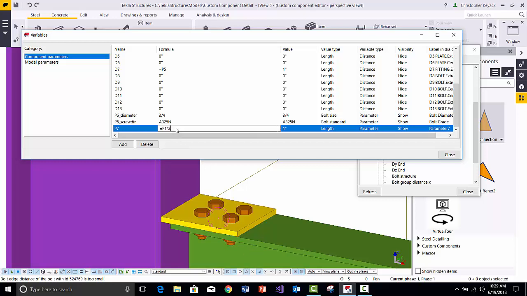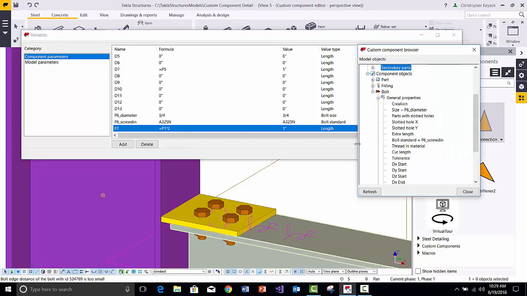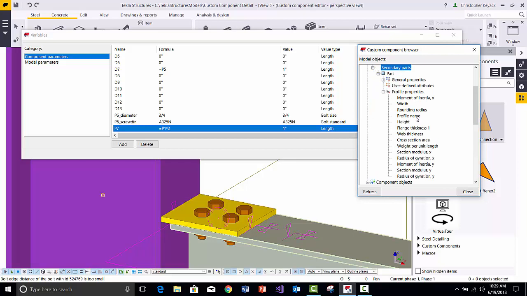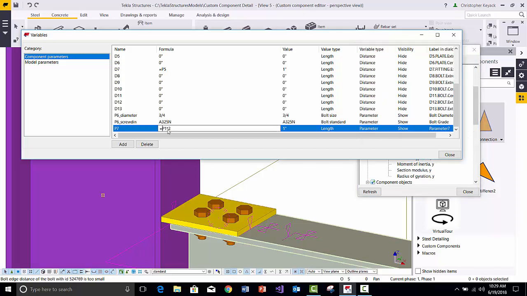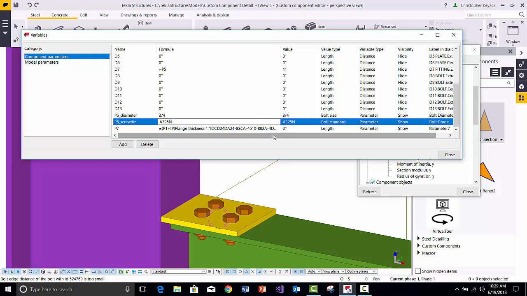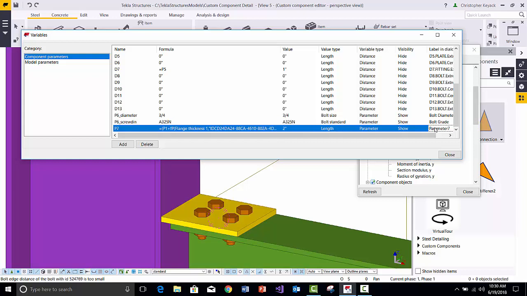So if we wanted to include the flange thickness as a reference, we would grab this beam and go to the properties here under profile properties, and grab its flange thickness. We'd say copy reference. Okay, so we want P1 plus this reference, and we're going to multiply that by 2. So I'm going to add up the plate thickness and the flange thickness, multiply that by 2, and that gives me 2 inches. All right, so I'm going to call this cut length,